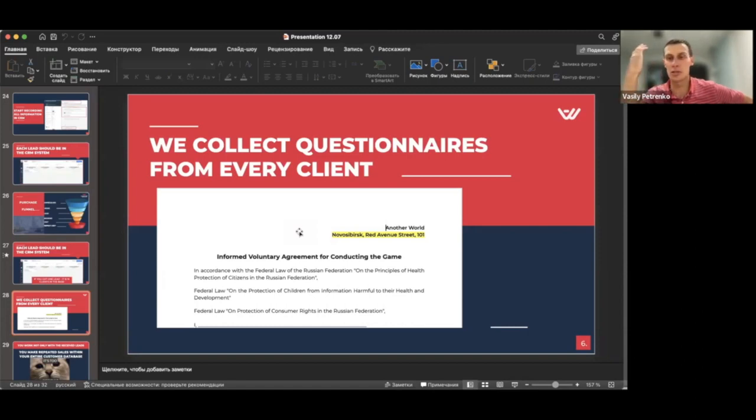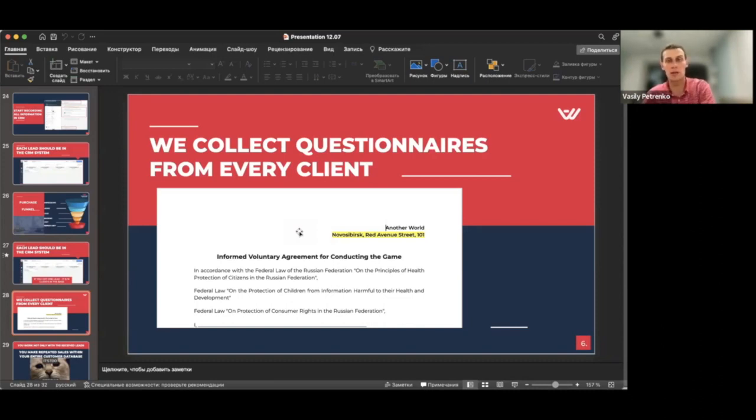Tell your managers, tell your game masters that the goal of this thing is not just to give it to potential clients, well, they already came to your location, to your clients, and not just to collect these questionnaires. Because once we came to the location and we opened the wardrobe or whatever, there was this amount of papers filled by the clients, and guess what? All these questionnaires were not filled into the CRM system.